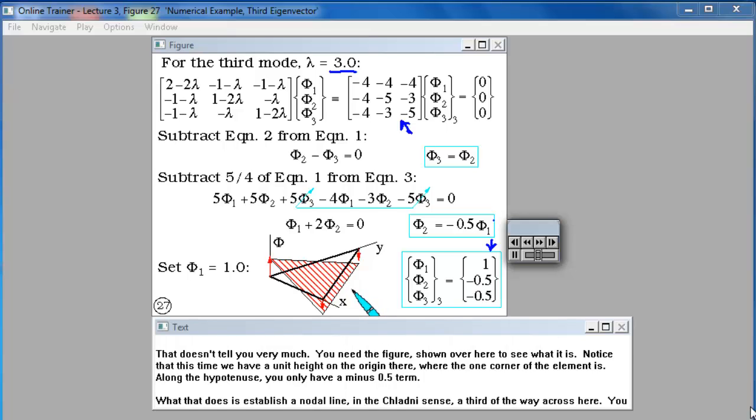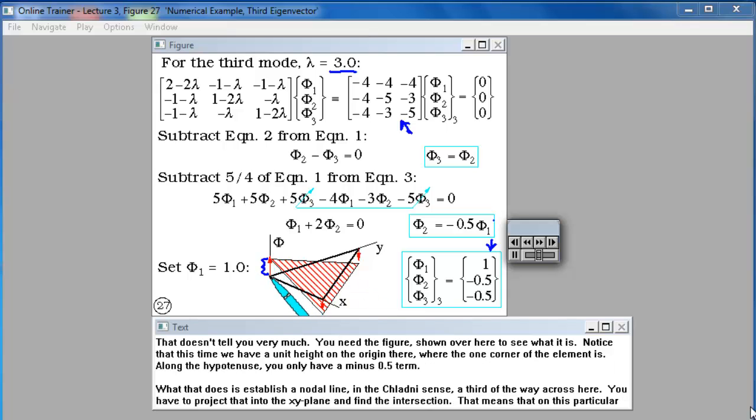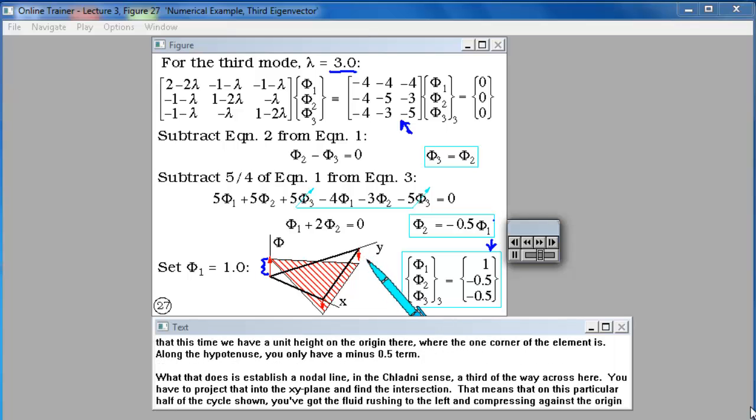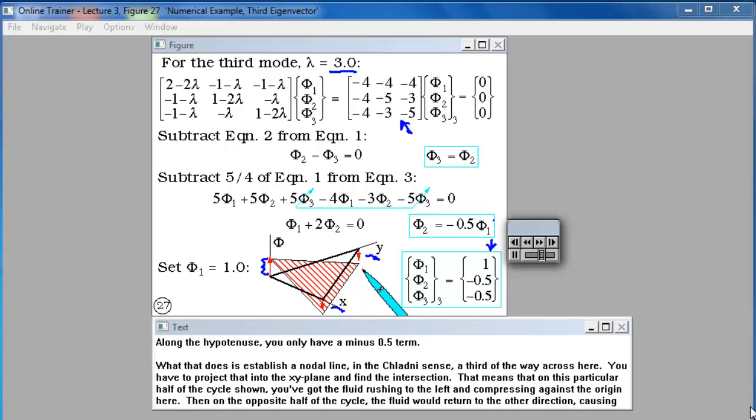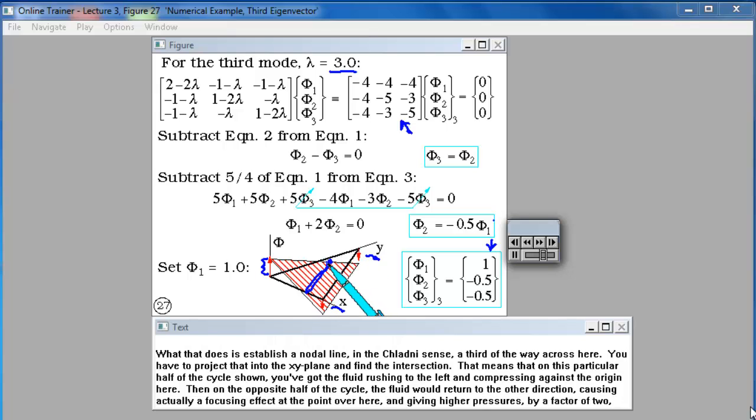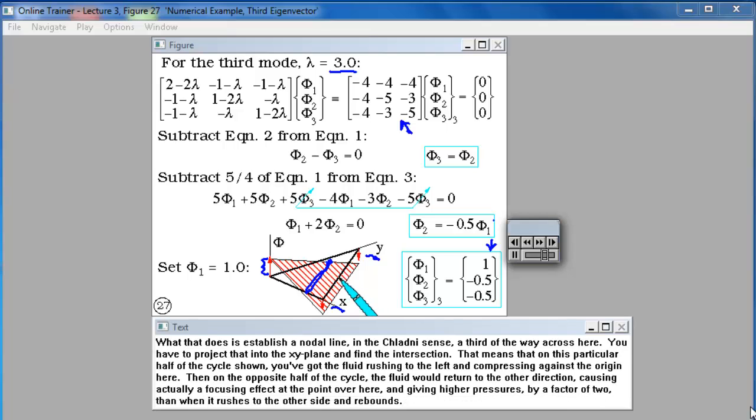Notice that this time we have a unit height on the origin there where the one corner of the element is, and then along the hypotenuse you only have the minus 0.5 terms. What that does is establish a nodal line in the Chladni sense, a third of the way across here, and I have to project that into the xy plane and find the intersection. And that means that on this particular half of the cycle shown, you've got the fluid rushing to the left and compressing against the